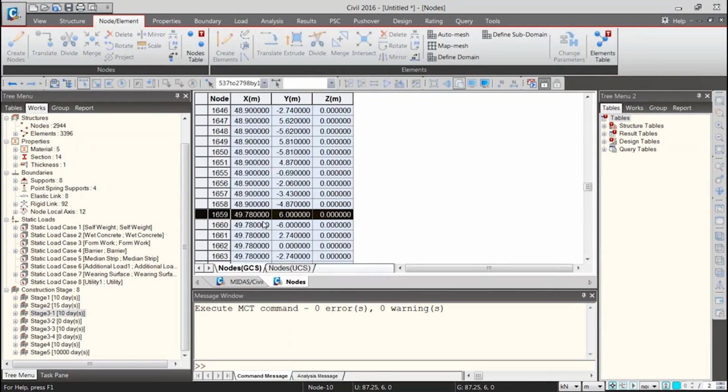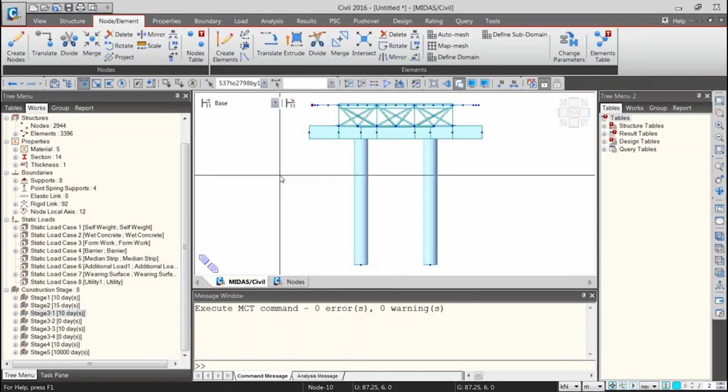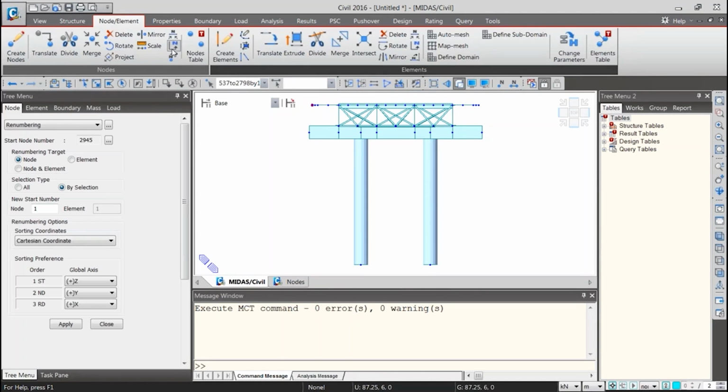But if you want to change these nodes in a very effective way, what I will suggest is that you always go for renumbering of these nodes before changing the positions. So you can go to node or element, go to renumber node, click on node. Since you can see the start node number is 2945, what this means is that till now 2944 nodes have been created, and whatever node I create now will be given an ID of 2945.